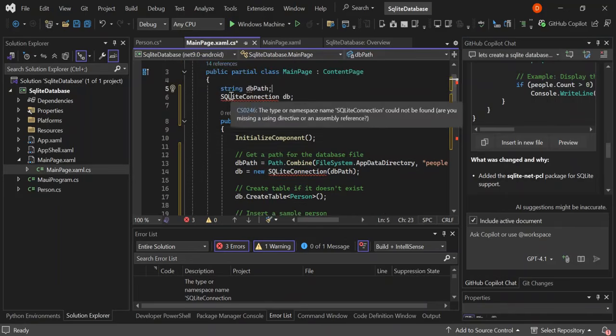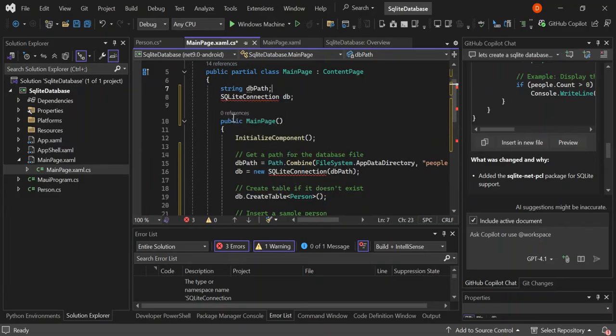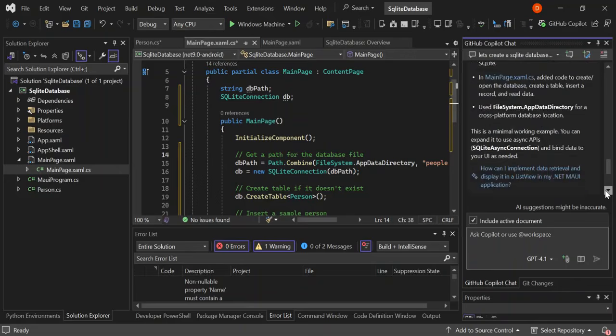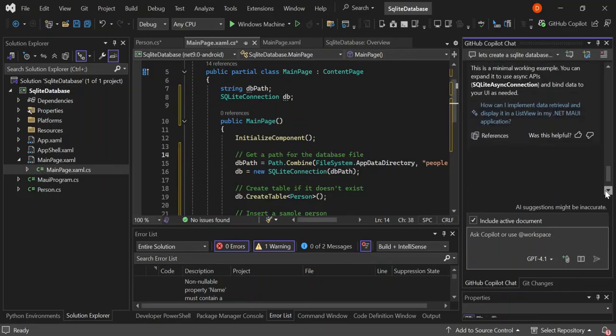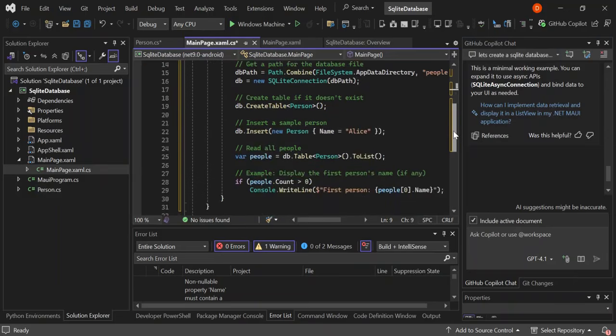So let's resolve this. We should get all the errors disappeared. Then let's scroll down. So as you can see here now, this is what we actually get for now. Yeah. So let's go ahead here and run it for the first time before we come back to the next